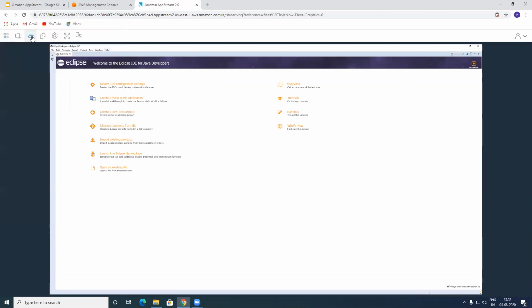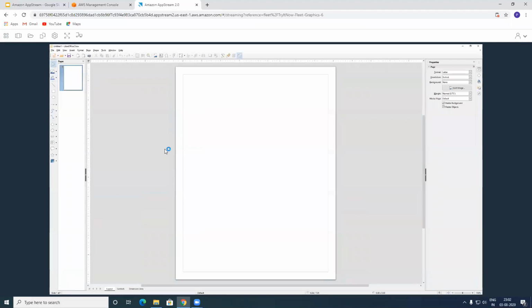I just want to blog it. So this is a great tool in order for you to go ahead and access applications through the browser. You can always go ahead and open up LibreOffice Draw. It's pretty amazing, right? But now I'll show you how to do this through the console.